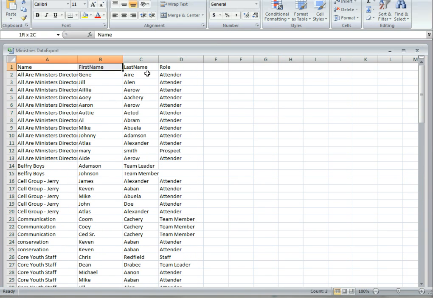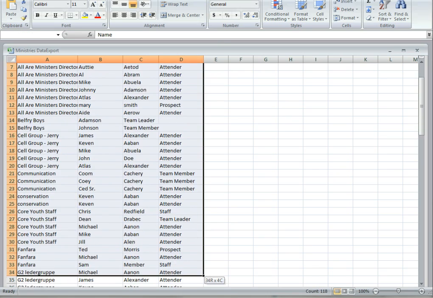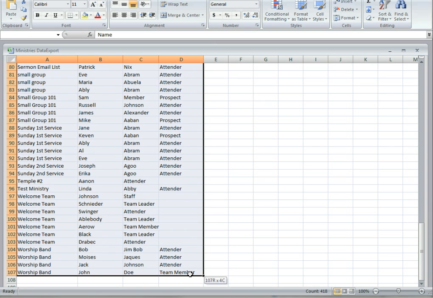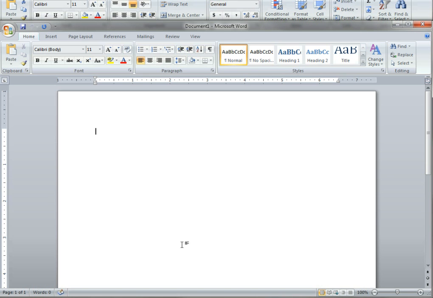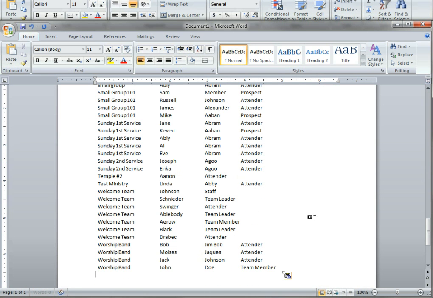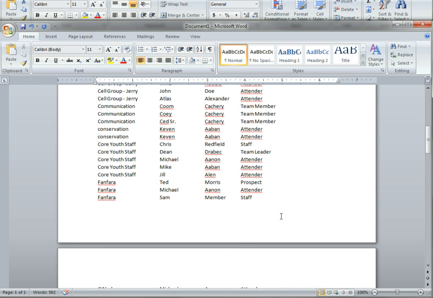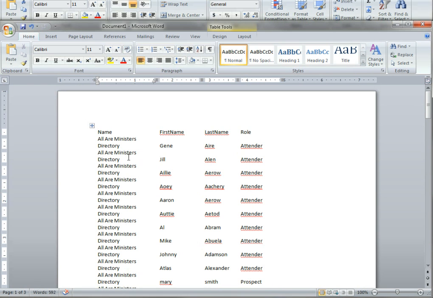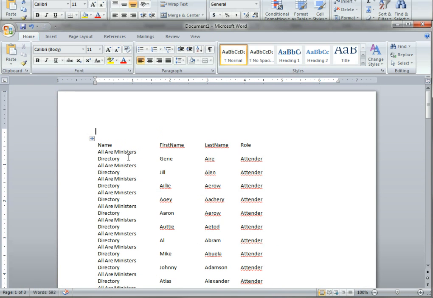And so what we want to do is go ahead and create a report simply by copying all this information. We're going to do Control-C, and then we're going to open up the Microsoft Word program and simply paste it in. And once you do, all that information just puts out into your word processor. You then can do a